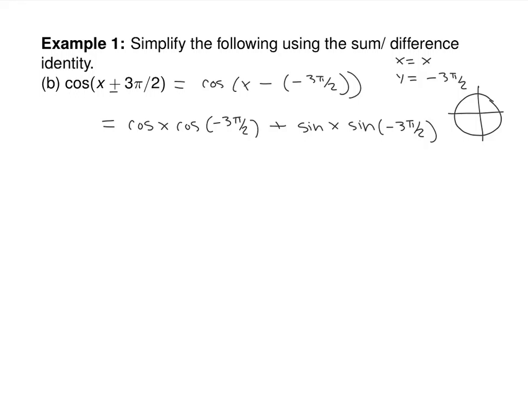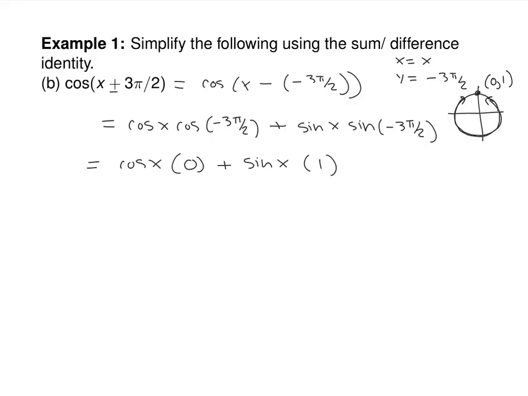What's the equivalent positive angle to -3 pi halves? Pi halves. Pi over 2. Yep, so it's this one right there. Backwards 3 pi over 2 is the same as forwards pi over 2. So at that point, the coordinates are what? 0, 1. It's really easy to be dyslexic with those things. So that's cosine of x times, what is cosine of -3 pi halves? 0, great. Plus sine of x times